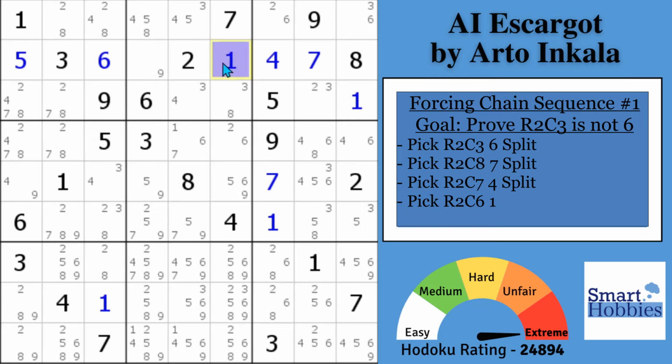Again, I'm going with all the by value cells to see if this could be a possibility. And you'll notice if this was a 1, that's the only one in block 5, that'd be the only one in block 8. You could solve this 9 in block 2, and then a 5 here in block 5 and in block 2. And then across in block 3, you would see here that